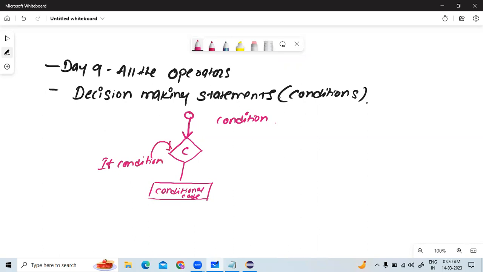If your condition is true, it comes down and ends over here. And if it is false,